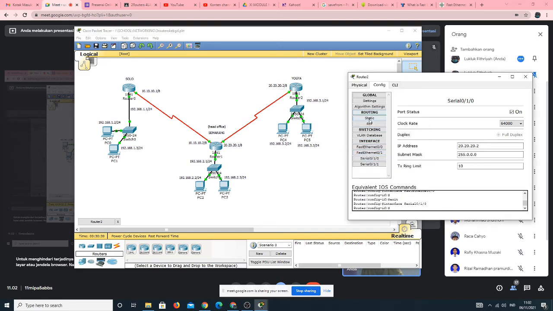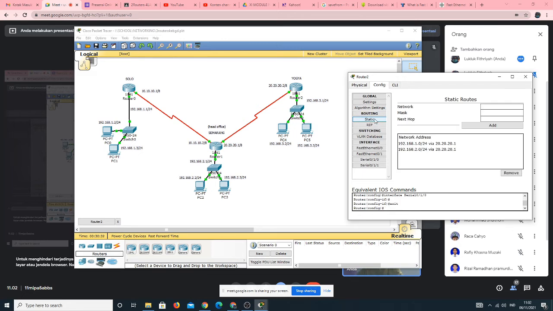And then static route or IP route ya. Jogja will communicate and send some packet data to LAN Solo and LAN Semarang. But when Jogja will send some packet data to LAN Solo, the packet data from LAN Jogja will travel through the router Semarang, like the router Solo before.